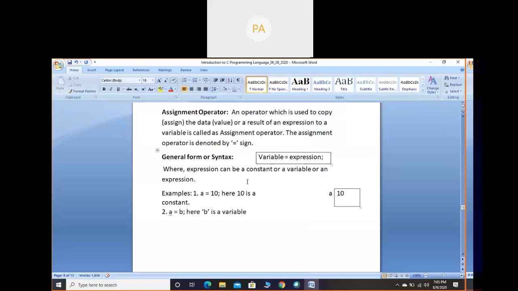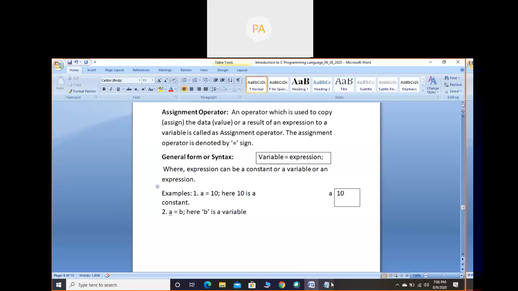Okay. See, in mathematics we come across formulas. Similarly, in programming language we come across a general form, or we can call it a syntax. That is nothing but a formula type. So if we remember the general form for some of the things, then while writing a program it will help a lot. Otherwise, for every program we have to remember that particular line. So instead of that we have to remember the formula, that is nothing but the syntax. In mathematics also, to solve the problems, if we remember the formulas it will help a lot for us.